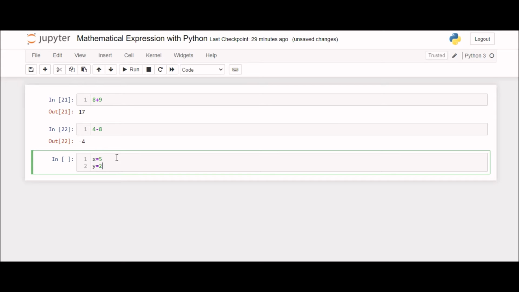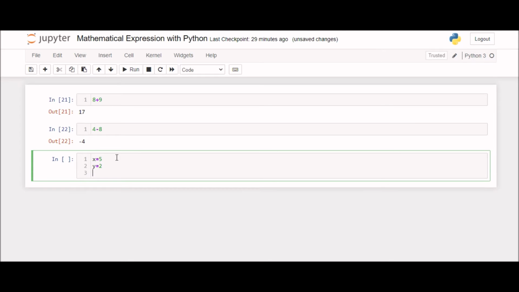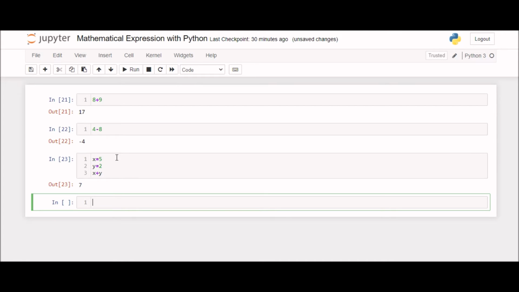Let's try to add these numbers. I'm typing here just x plus y. Shift plus enter. Output is 7. So as you can see, I'm adding two values with the help of variables, and directly also.